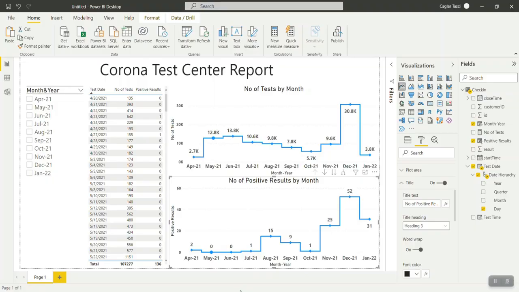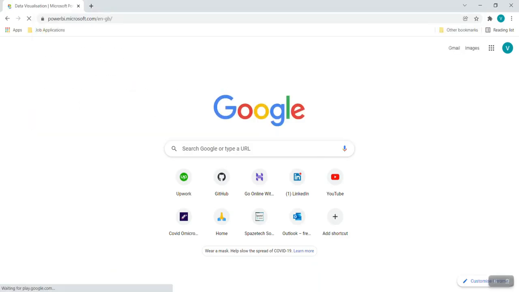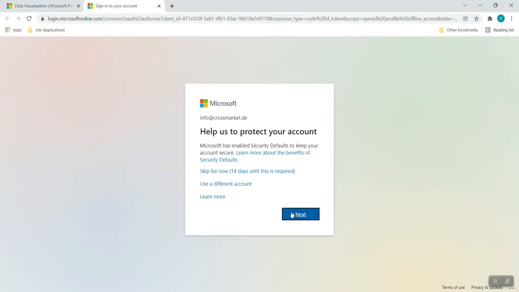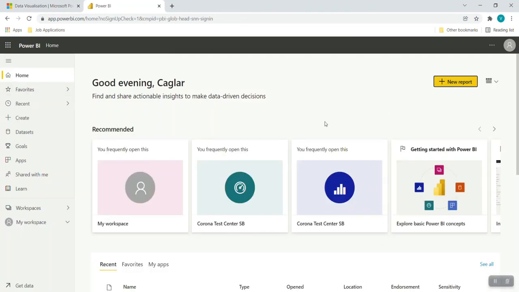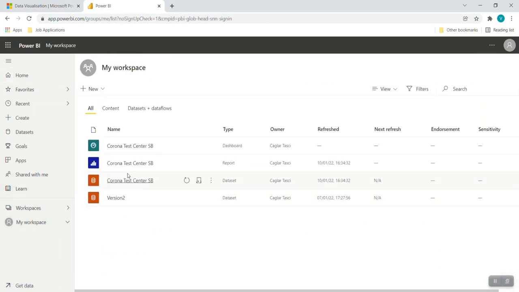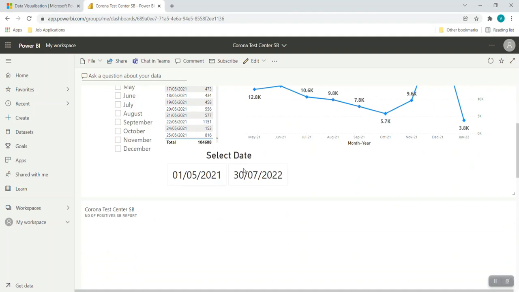So this is a dashboard that I created earlier. And these are the visuals within this dashboard. Then this is the report which was published by me. I can easily use the pin to dashboard option and add it to an existing dashboard or a new dashboard using the pin live option. So that is how we work with this.